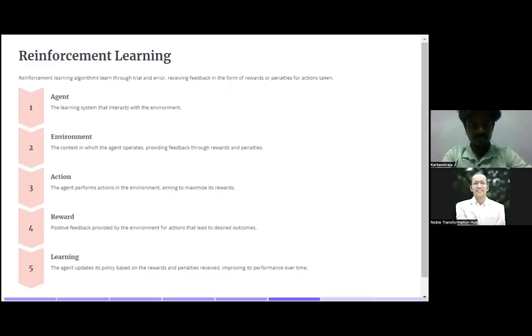So reinforcement learning is also used in ChatGPT, guys. You will see there is an option like a thumbs up or thumbs down button. It will ask you for feedback. That is the learning, right?